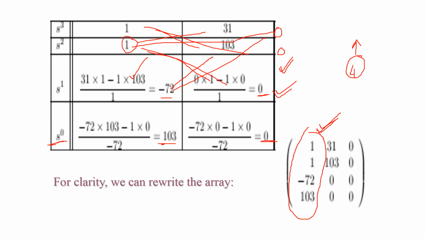If we clearly observe, the first element is positive, the second is also positive, the third one is negative, and this one is positive. Here, the number of sign changes: positive to positive, there is no sign change. Positive to negative, we have a sign change. That is the first sign change. Again from negative to positive, that is the second sign change. So we have two sign changes in the first column of the RH table.